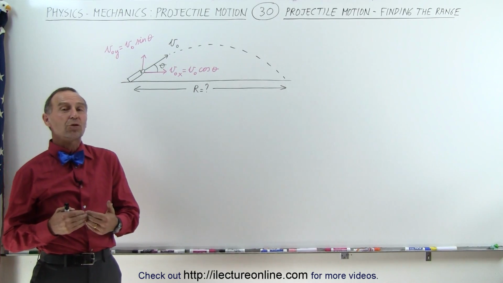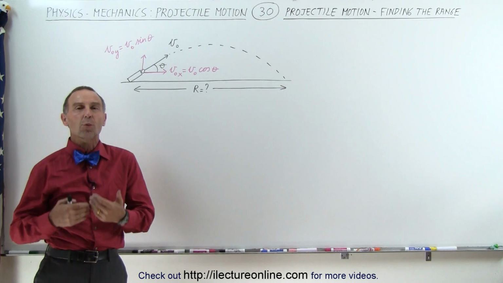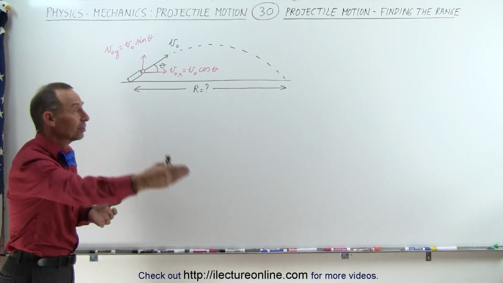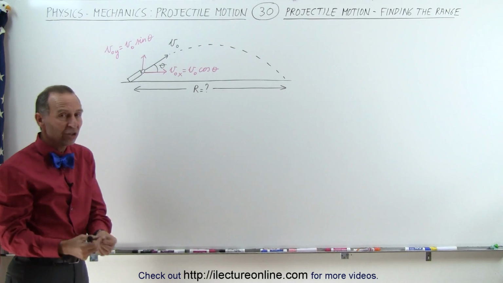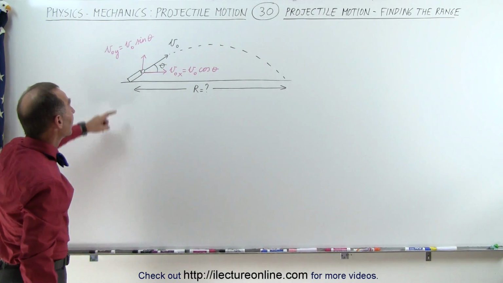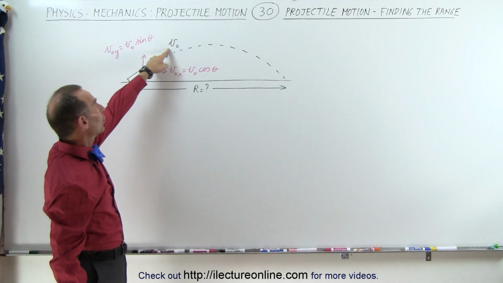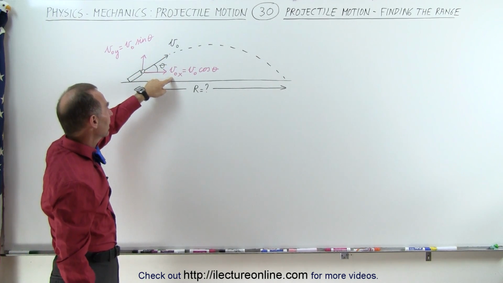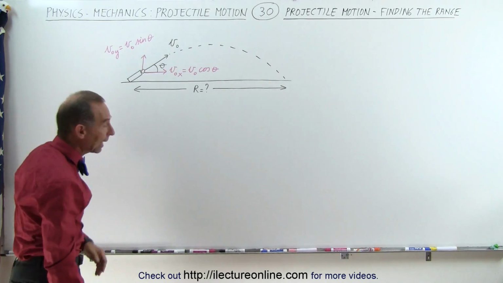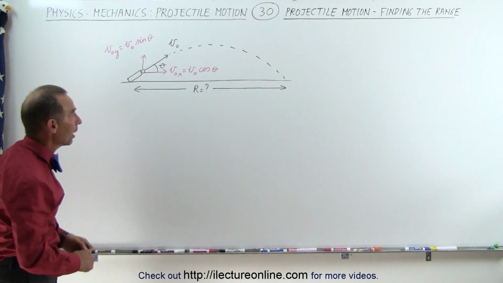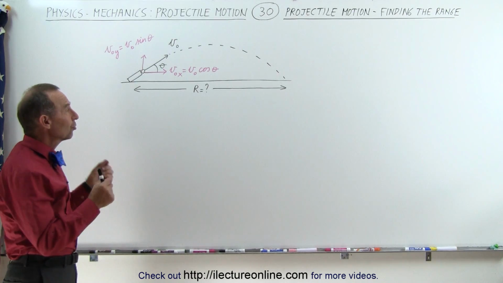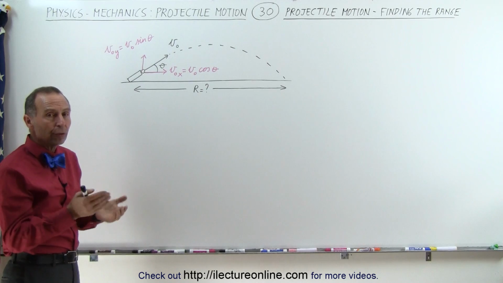In this video, we're going to show you how to find the general range equation of a projectile. In other words, how far will the projectile go before it lands on the ground? What is the general equation? We're not going to use any numbers. Again, the initial velocity is v sub naught, which gives us the initial velocity in the x direction and the initial velocity in the y direction in terms of the angle theta, and of course the magnitude of the initial velocity. The way to solve this problem is to solve for time in the air both for the x and